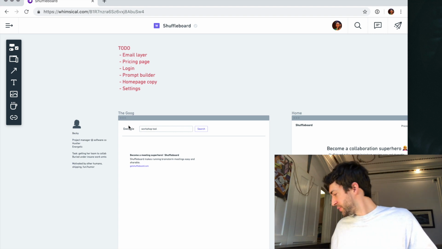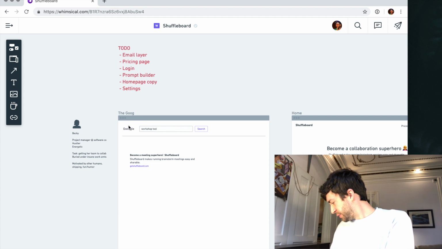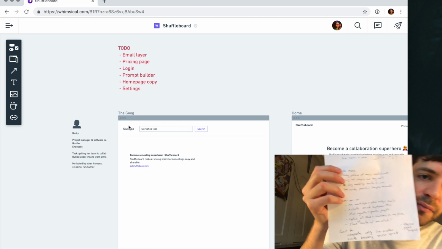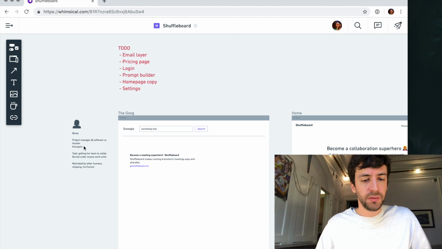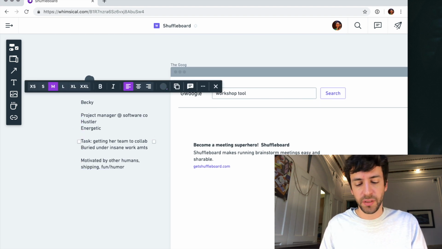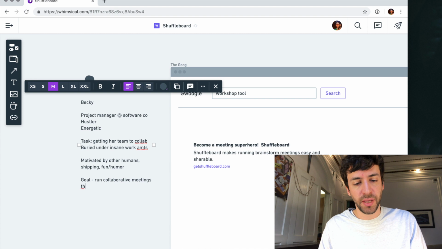Okay, I have some of those notes. I'm going to put them away, but I think I remember. Let's just look. File cabinet here. Okay, yeah, this first page kind of has that, right? Let's put some stuff under Becky. Your goal is to run collaborative meetings that help the team make progress efficiently. The hardest part, I think, is